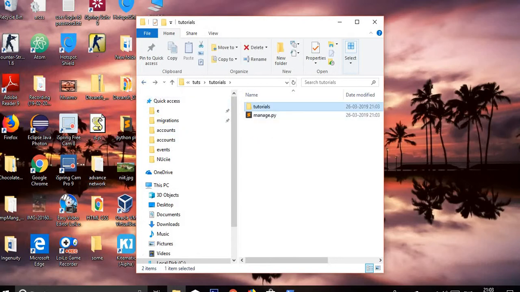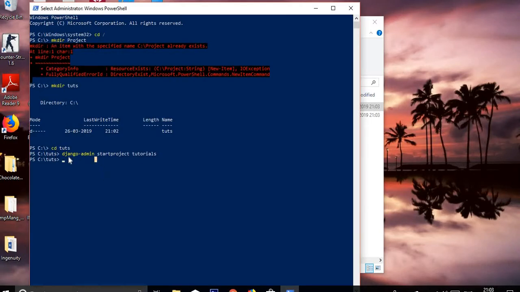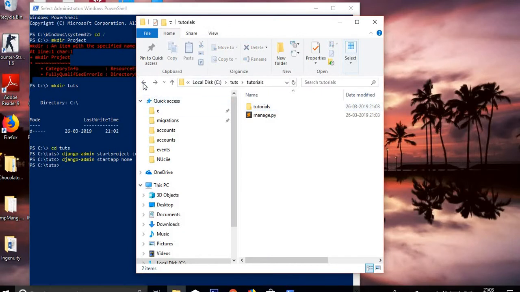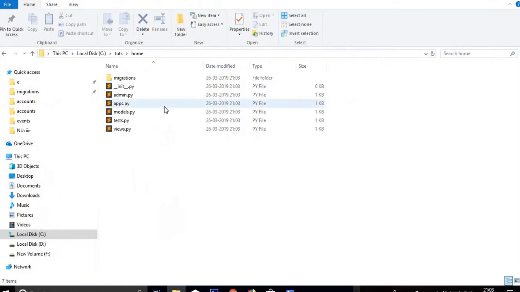Now we'll quickly make an application. Django admin start app. Let's call it home, and you can see home application made. So first of all, we go to the views,